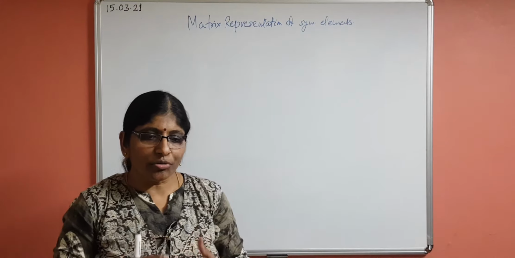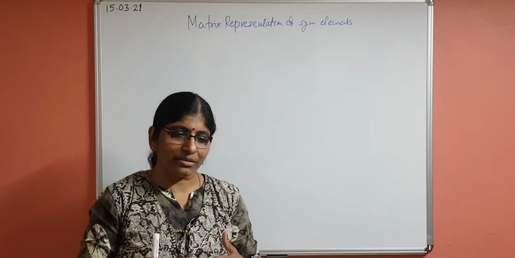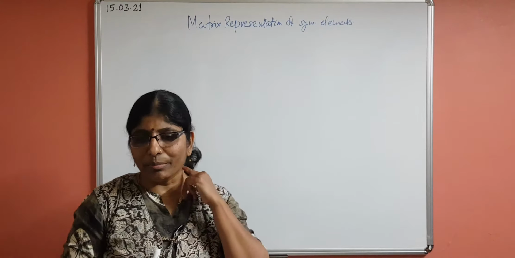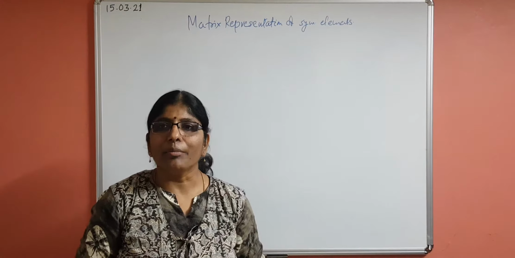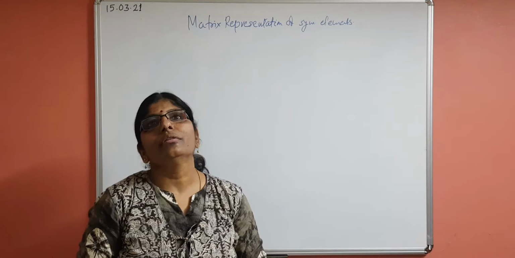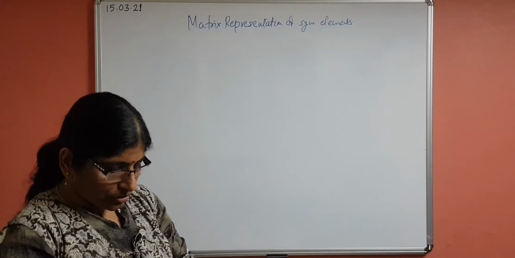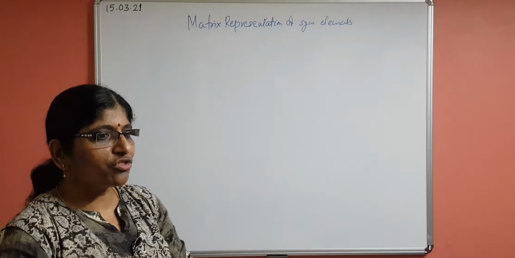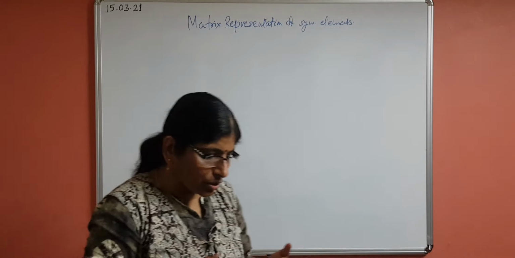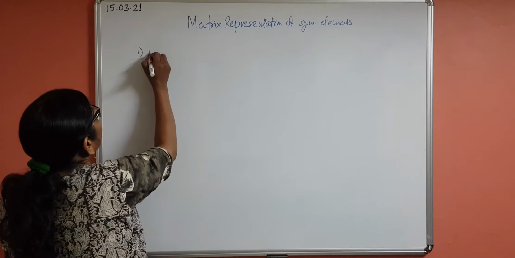Before going to that, all of you must be aware of a little bit of mathematics. We are not going into the detail of the maths, but a little is needed, which all of you have done in the fifth semester BSc itself: the different types of matrices and where we use them in mathematical calculations. But for symmetry representation, we are going to use a scalar matrix or square matrix, of 3 by 3, that is 3 columns and 3 rows, with numbers. So first we'll do the identity matrix.